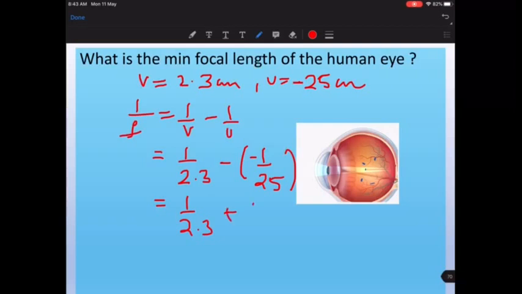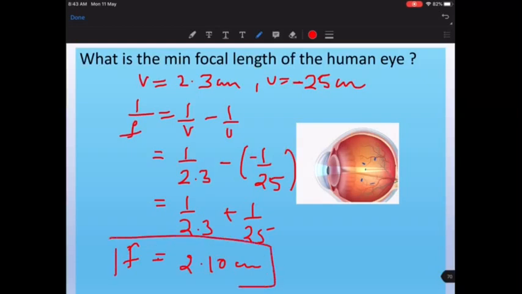So what is the minimum focal length? The minimum focal length is 2.10 centimeter, and the maximum focal length is what we calculated before, which is 2.3 centimeter. So you must know that our ciliary muscles are able to contract and expand and change the focal length between these figures. So that is about the chapter. Now we have